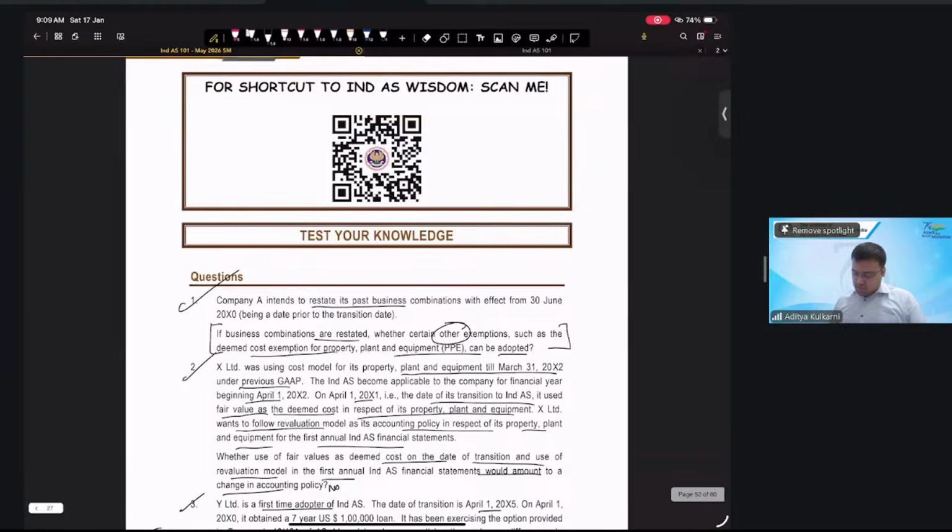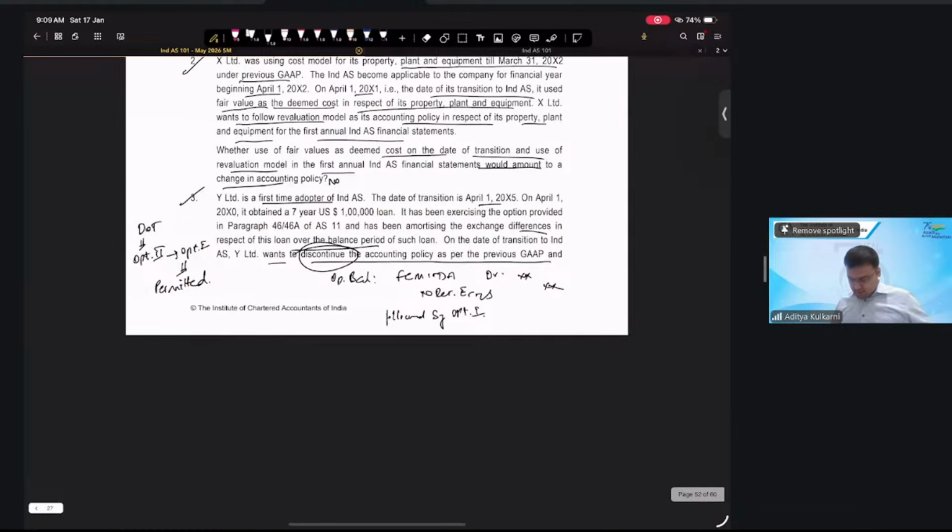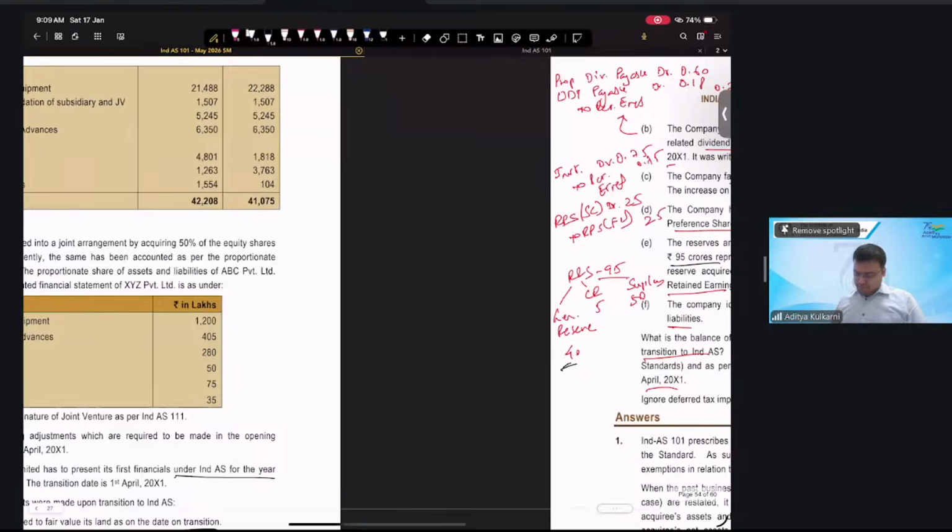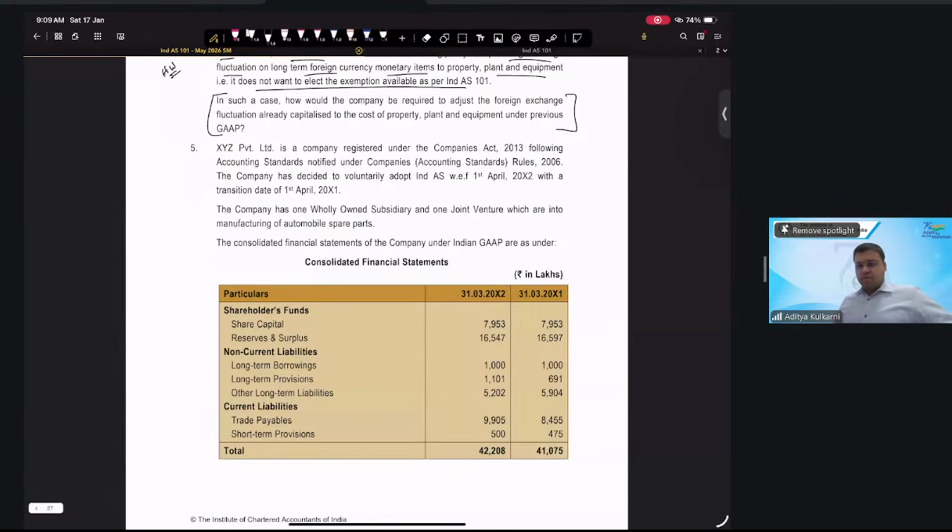Question 6. Following accounting standards notified under Companies AS Rules 2006, the company has decided to voluntarily adopt Ind AS with effect from 1st April 20x2 with a transition date of 1st April 20x1. The company has one wholly owned subsidiary and one joint venture which are into manufacturing of automobile spare parts. The CFS of the company under Indian GAAP, that is under AS, are as under: share capital, reserves,